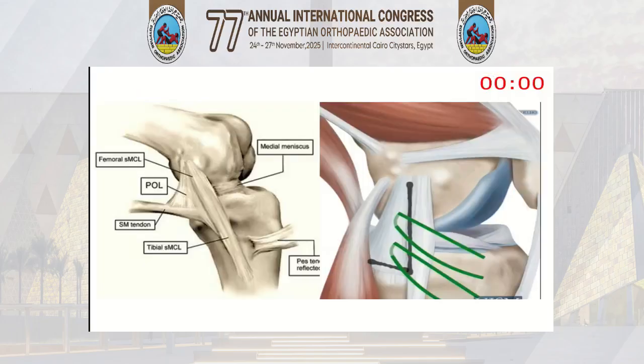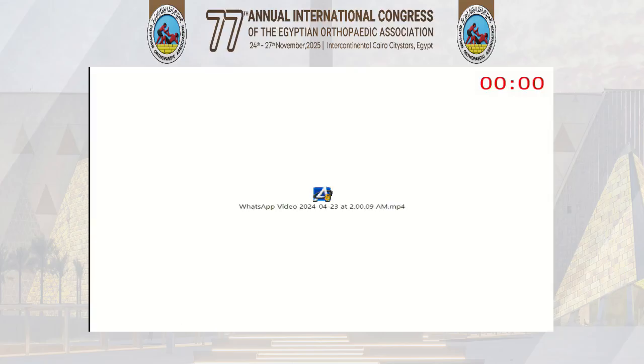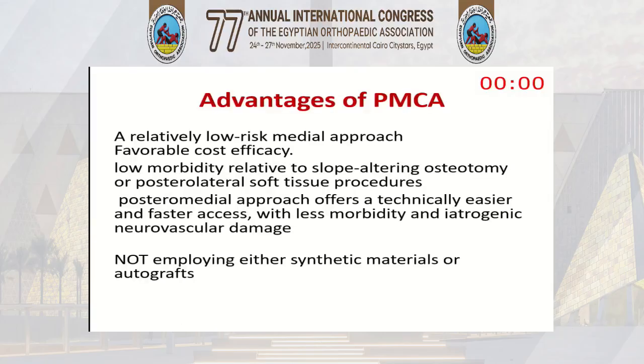Again, this is the posteromedial corner. This is the shape of our incision, L-shaped. The posteromedial corner is advanced anteriorly, and the resulting flap is tight. Advantage of posteromedial corner advancement: